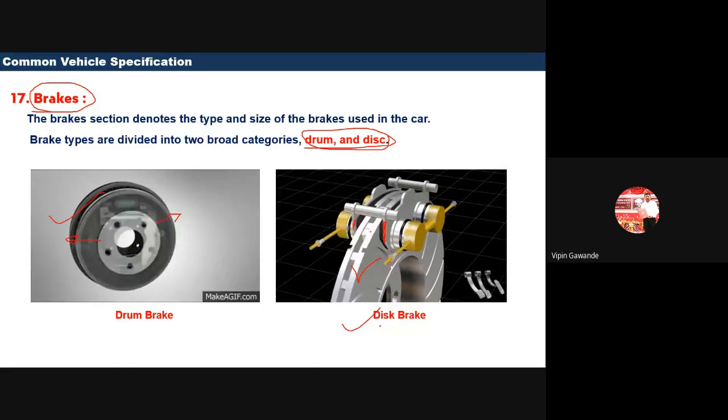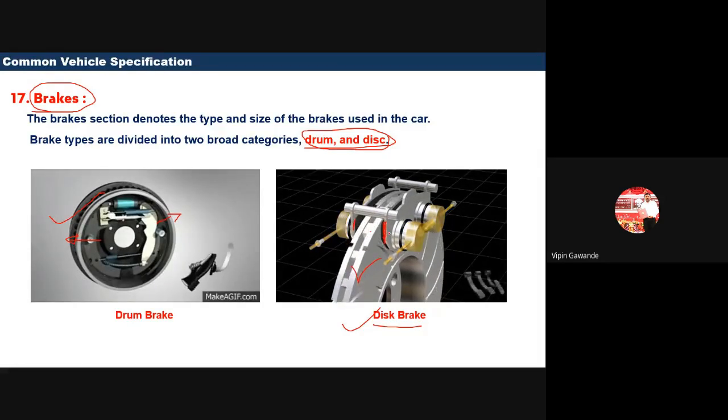So we call this a disc brake. The disc is mounted, and it has some holes.